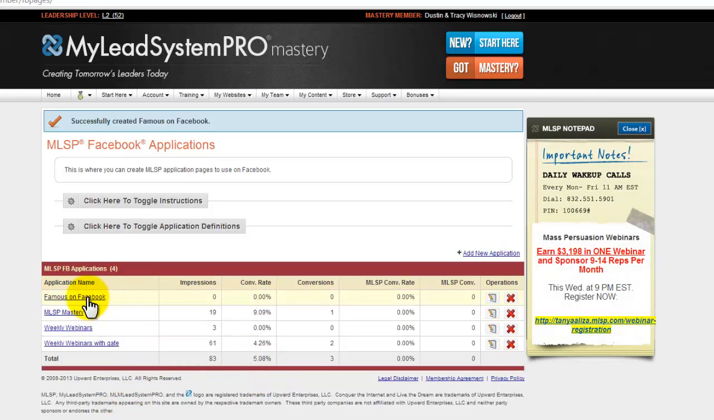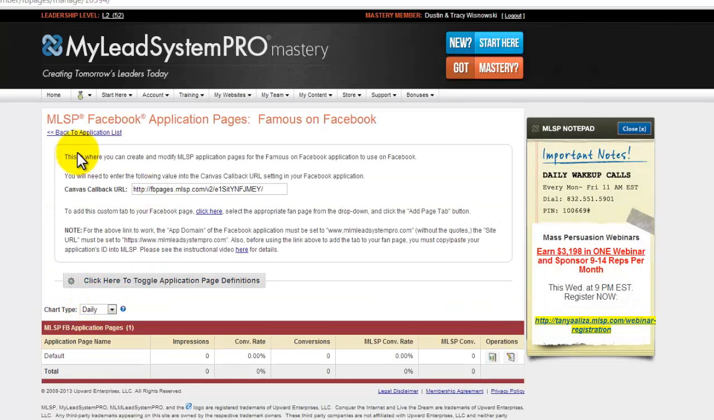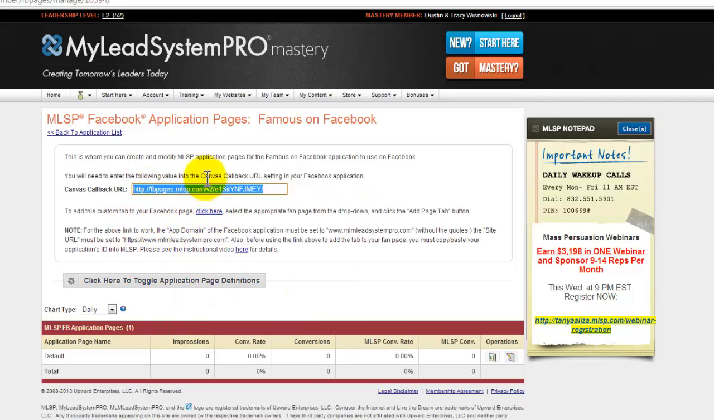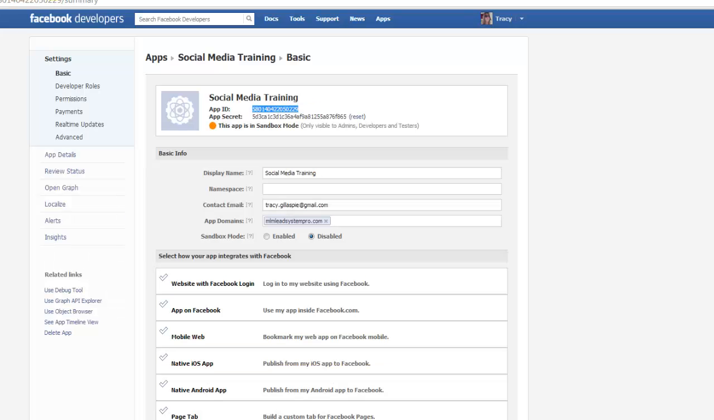So then we're going to click on that, and it starts to guide you through a little bit more of the next steps. We're going to be using this Canvas callback URL coming up right now, so what we're going to do is just copy it while we're here. That's the only thing you need to copy right now until we get to the next part. So you're going to copy that link, head back over to Facebook App Developers,